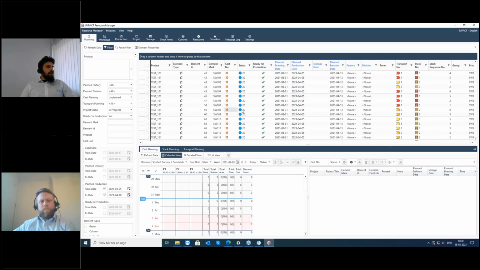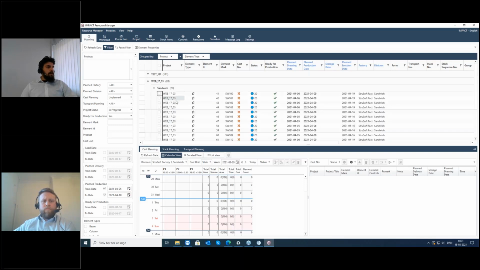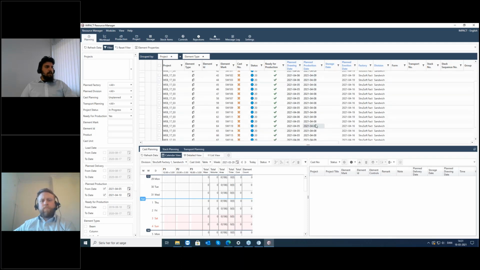Maybe it seems a little bit too complicated here, but I can actually take the project up, see how many different projects I have, take also my element types up, and now if I open, this is the project that I have created for us, and this is just another project, just a test project. So I have 20 sandwich elements here that they need to be produced on this, the 9th and the 8th